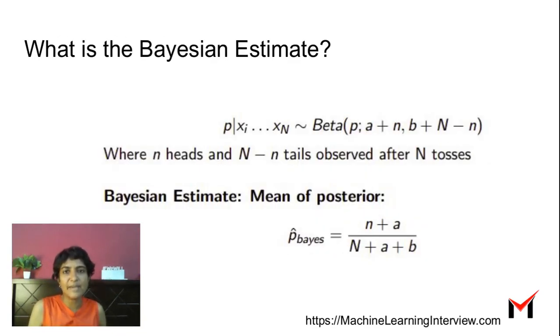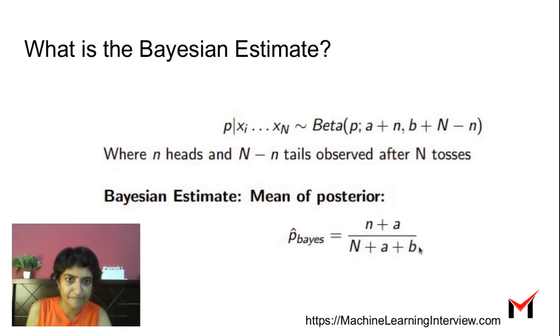Now, what is the Bayesian estimate? If I ask you to give me one value for p, I'll probably take the mean of this posterior distribution, which is nothing but the first parameter divided by the sum of the two parameters, which is small n plus a divided by capital N plus a plus b. That is the number of heads that I already saw plus the original bets I had for heads, divided by the total number of tosses plus the number of bets for heads